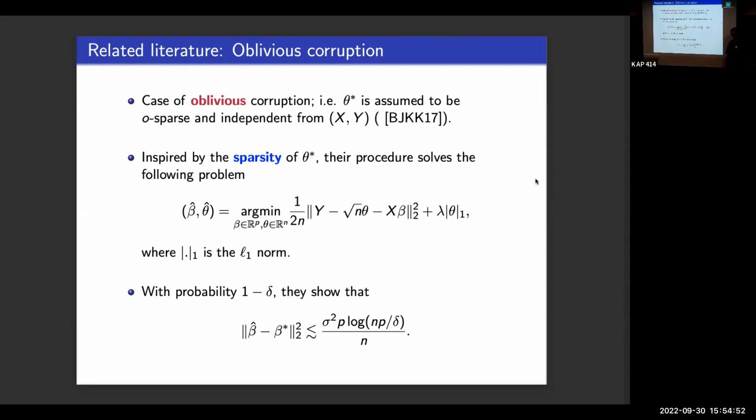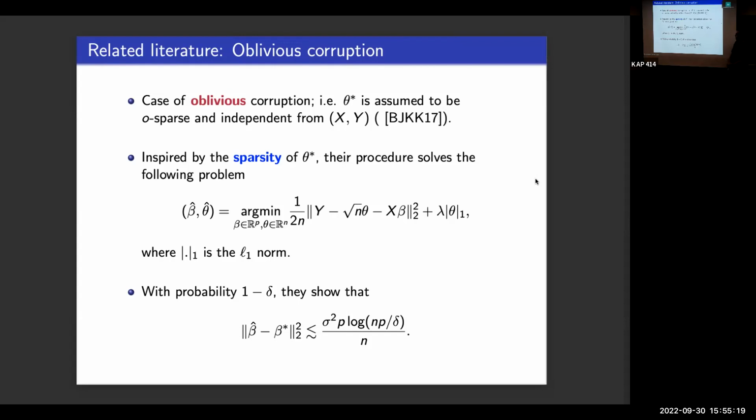It's a good question. I really don't know. I try to understand, to find any intuition behind it, but they certainly need n to be larger than p for sure. It helps certainly in the proof, but in my opinion it's still a surprising result to see that even if this corruption is very mild, it's not as bad as when a real adversary observes everything and tries to mess with your data.